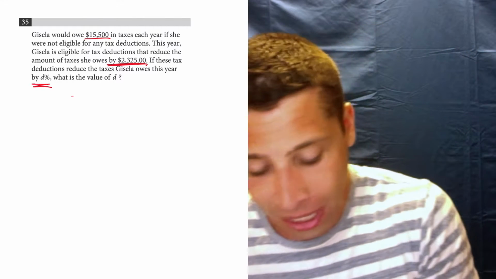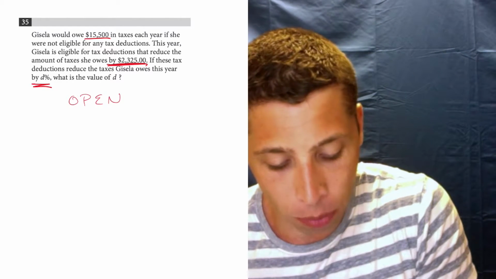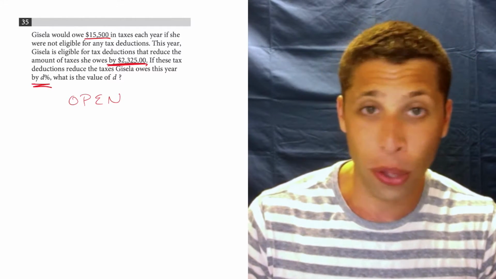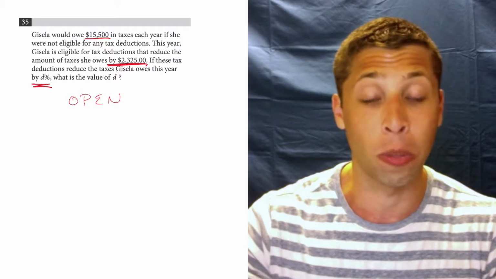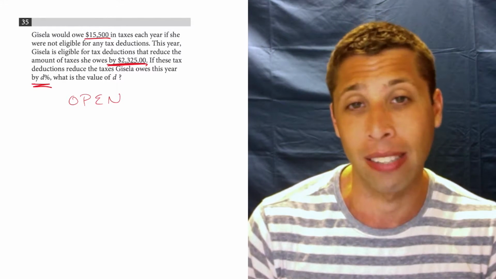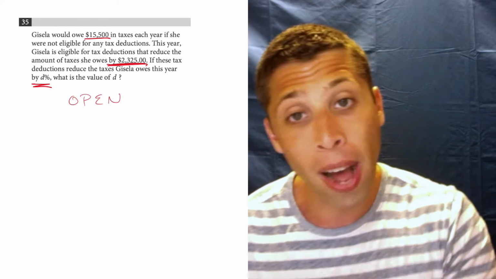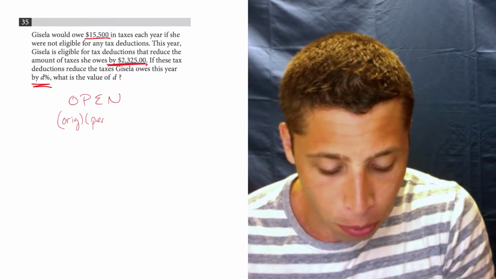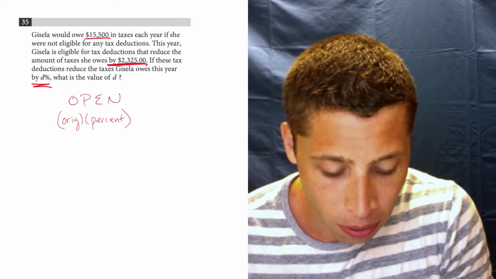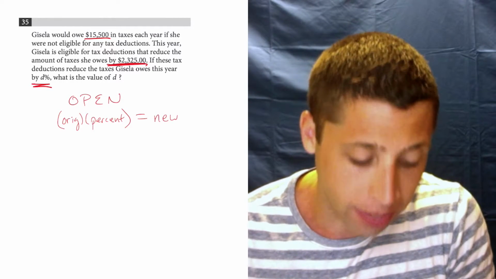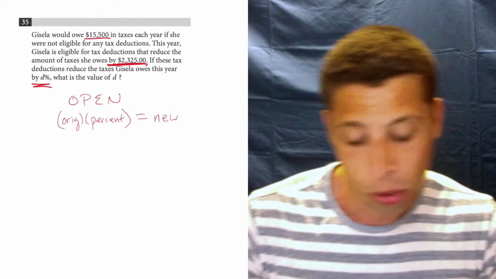Well, I'm still going to use what I call the open formula because I like to have a process when I'm dealing with percentages. I don't think that the process we learn in school is particularly helpful. I think it's confusing, and it does not lend itself nicely to the SAT. So my formula is that I take the original value, I multiply it by the percentage as a decimal, E stands for equals, and that's going to get me the new value. So in this case,